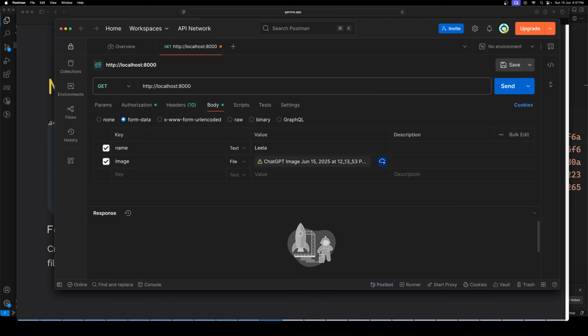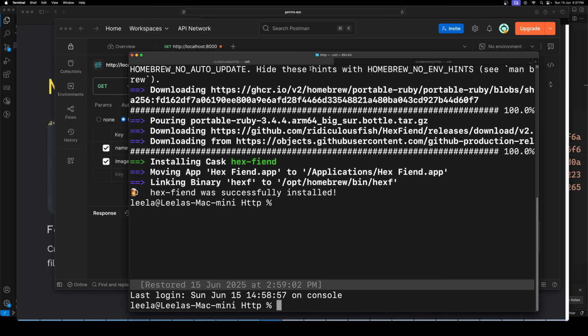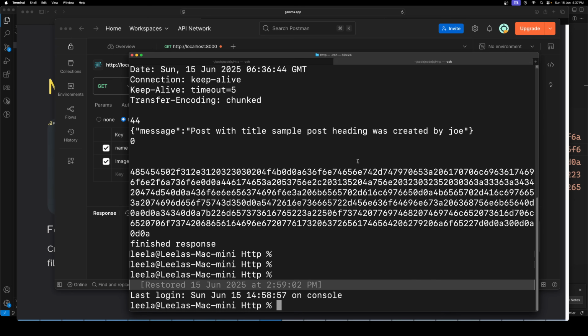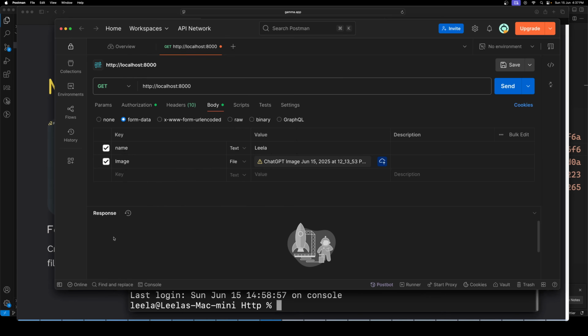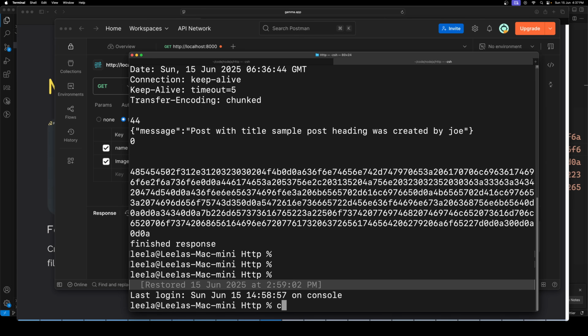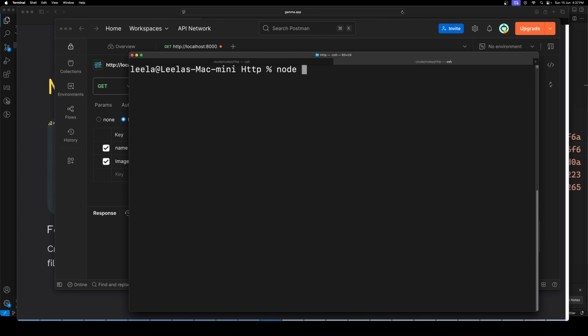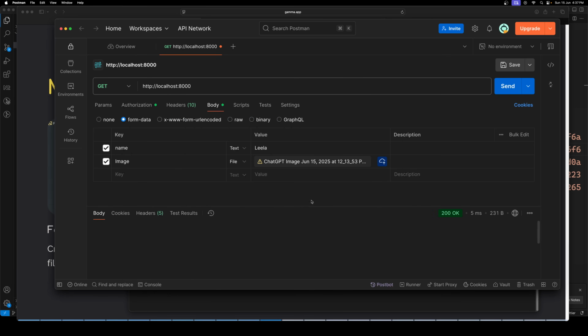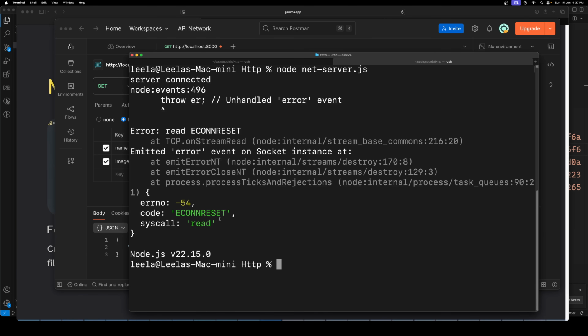Let's try to see it in the terminal. Maybe I'm not running this one, not sending the response. So let's try to check it here. Clear, and here I will write node server.js file. Okay, server is connected. Now I will try to send the response. Okay, it has sent the response like this. I have sent the request, and here you'll be able to see